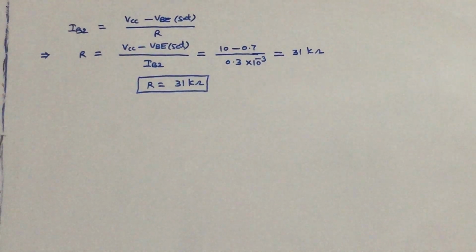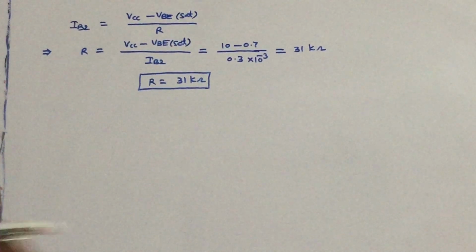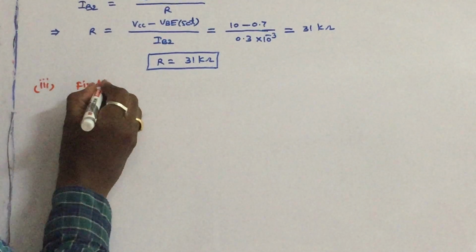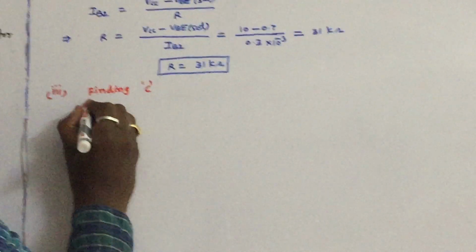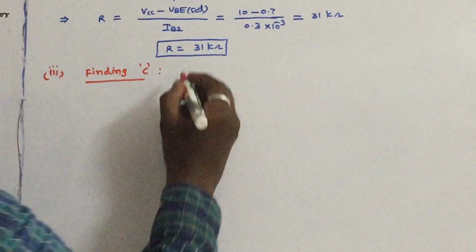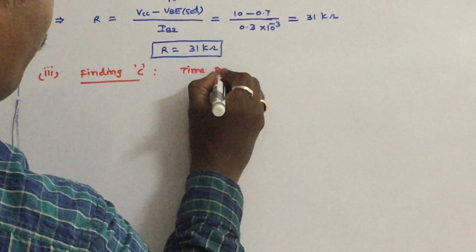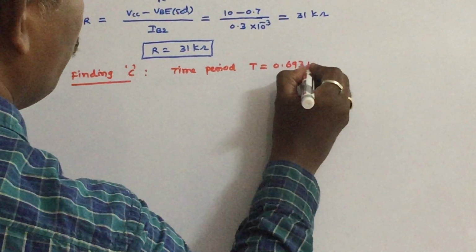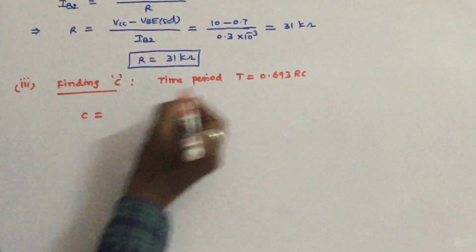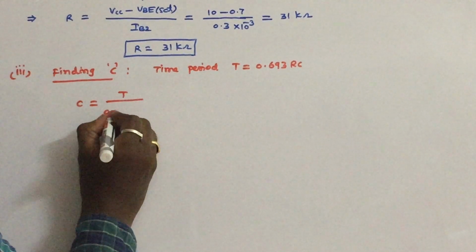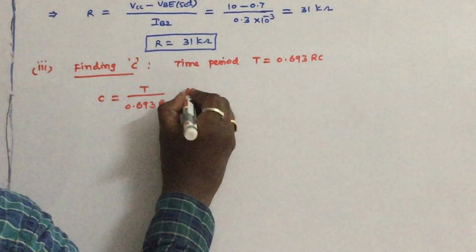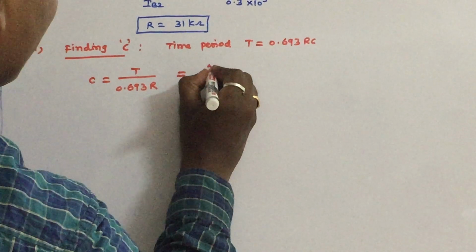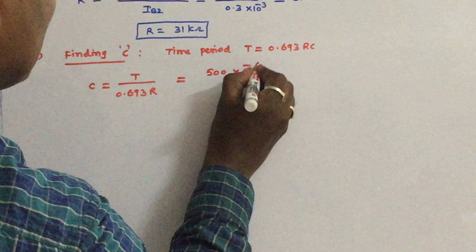Now let us find the third step, finding C. What is the time period formula? The time period of monostable multivibrator, the formula is very simple, 0.693 into R into C. So what is the C formula? Time period by 0.693 into R. But what is the time period of the pulse given? The time period of the pulse is given as 500 microseconds, 500 into 10 power minus 6 by